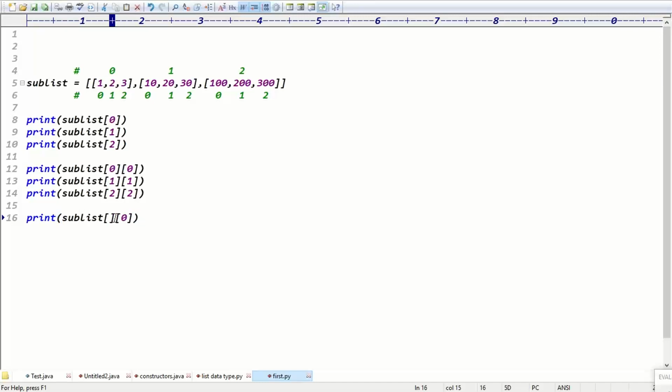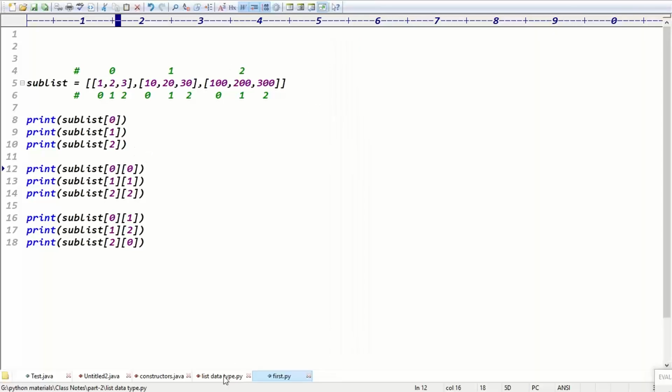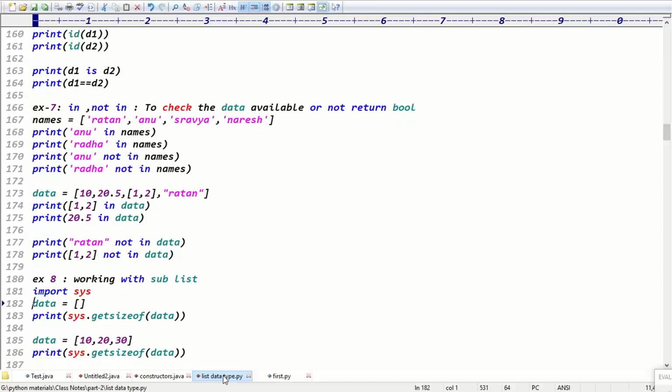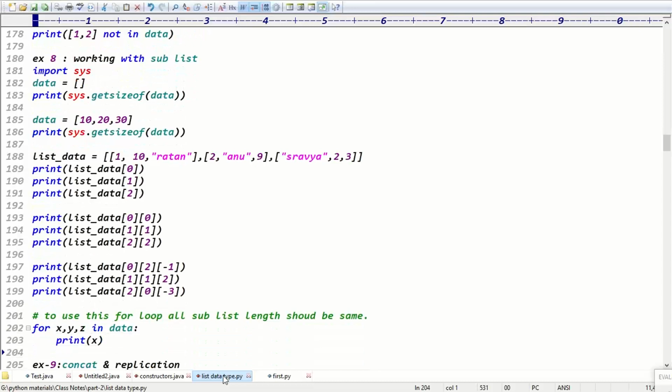And 0th index, first value. What is 0th index, first value? 2. And 1 index, second value. Now, 30. And 2 index, 0 value. Now, 100. Yeah, so like that we can work with the sublist data, guys. If the list contains sublists, to get the first sublist data, use sublist of 0, then 1, then 2. And if you want to get specific elements, this is the code, right? Guys, are you clear now? This is the way how to work with sublist data, guys. Working with sublist is clear.